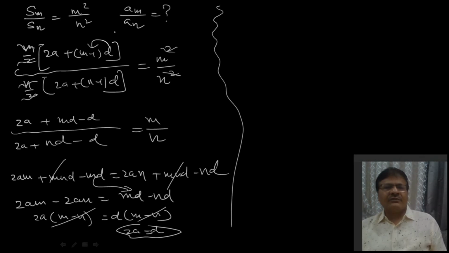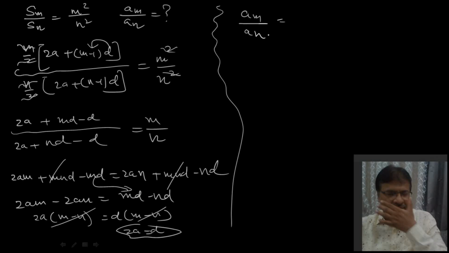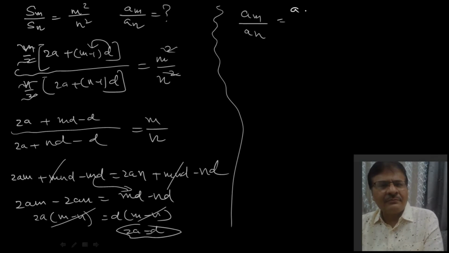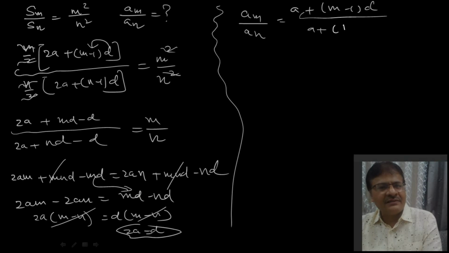Now what do I need to calculate? am upon an, am upon an. That is mth term divided by nth term. What is mth term? a plus m minus 1 multiplied by d. And what is nth term? a plus n minus 1 into d. So